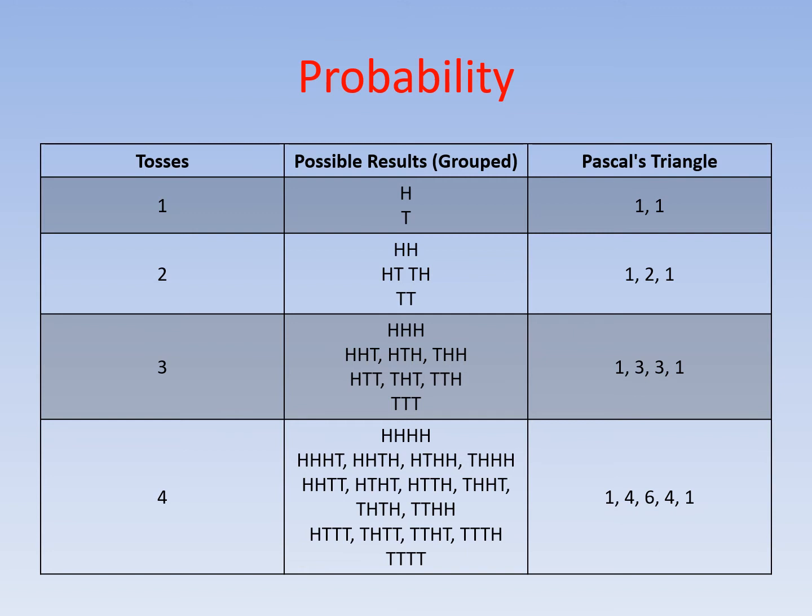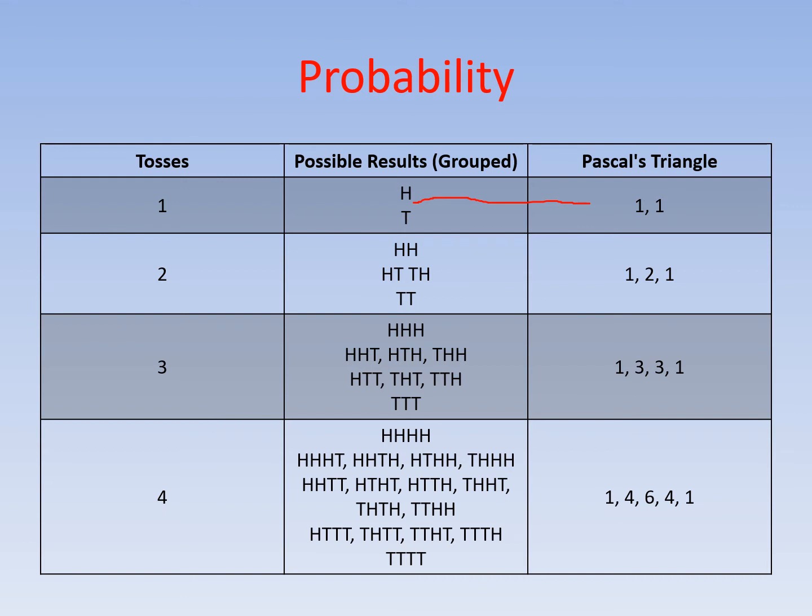Next, we can also find out the probability from here. Suppose we have the first row, it is 1 1. The first one was 1 only, we are not observing that. If we have one toss, the sample space will be head, tail. So Pascal's triangle is also giving you the chances of heads and tails. So 1 1 are the number of elements in the sample space.